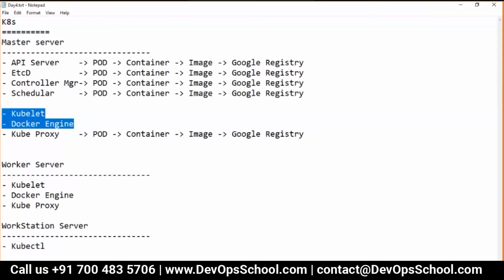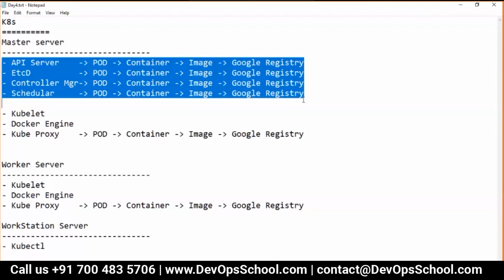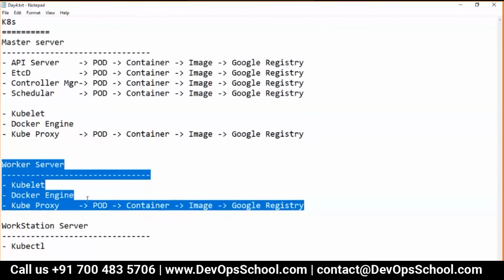This cannot be in a pod because these guys only empower the pod. So it has to be running in the master server or worker server. Now guys, these are the pods which we call system pods. But you will also create your own pods of your applications.